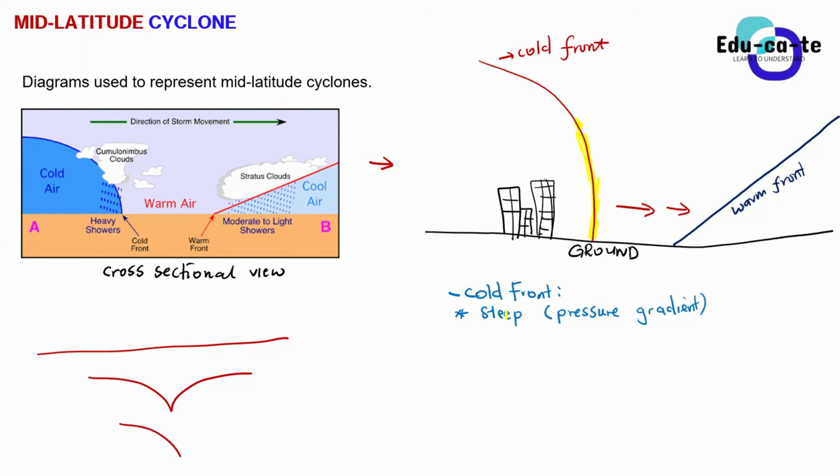But we are still going to do the weather conditions later on. I just want you guys to have an idea that the cold front is steep, but the warm front is gentle. There's a gentle pressure gradient at the warm front. That's why we draw the models in this way. So the warm front has got a gentle pressure gradient. So the air behind the cold front, guys, is it cold or is it warm?